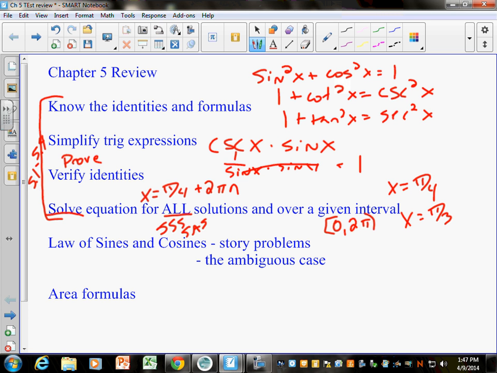So, if I can use law of sines, I can. But if I do law of cosines and then I try to do law of sines, I shouldn't do that. If you start with law of cosines, stick with law of cosines so you don't get mixed up. In second hour today, we had this whole discussion again about, well, what if I did use law of sines? You could, but it just makes it more confusing. So the good rule of thumb is, if you start with law of cosines, stick with law of cosines.